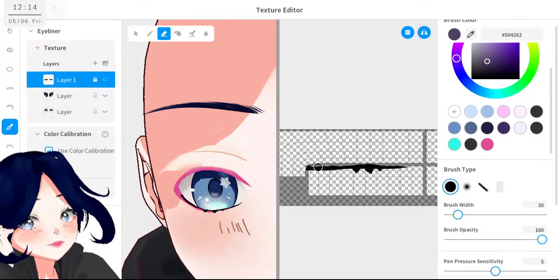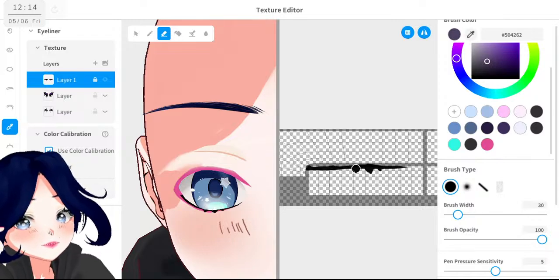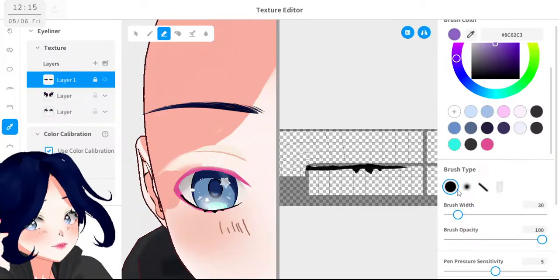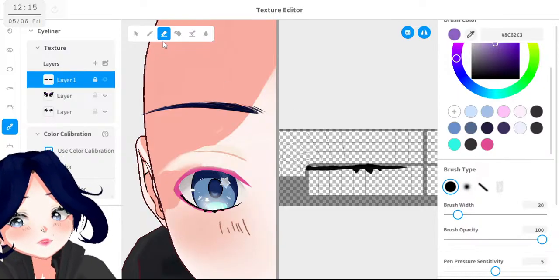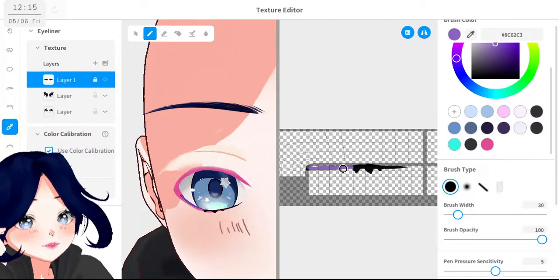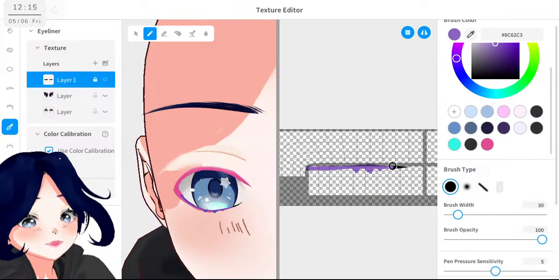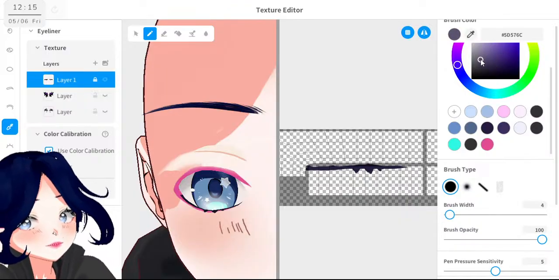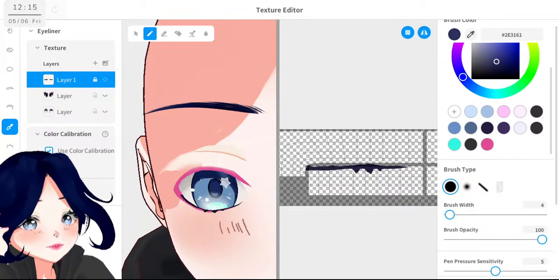Okay, they're purple. Oh, because I'm erasing. Okay. This one should be good enough here. Let's make it a little smaller and later shade around here.